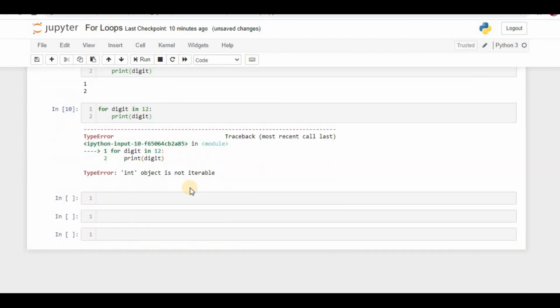Okay students, so remember one thing, that if you want to iterate digits, you have to give them in the form of strings, and objects like floating point numbers, integers, boolean values are not iterable. Strings, tuples, dictionaries, lists only are iterable. So that is the reason in a for loop you should give only iterable objects. Okay.